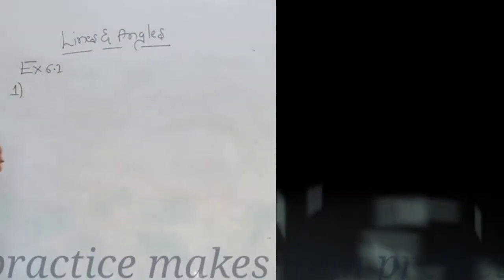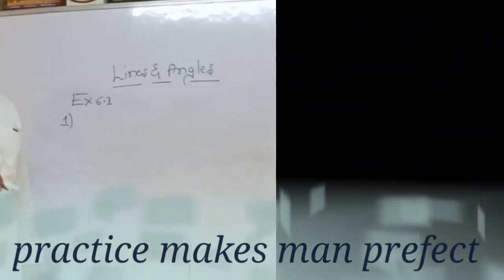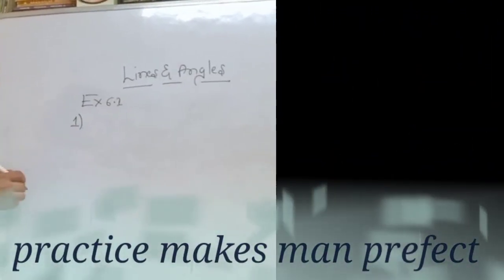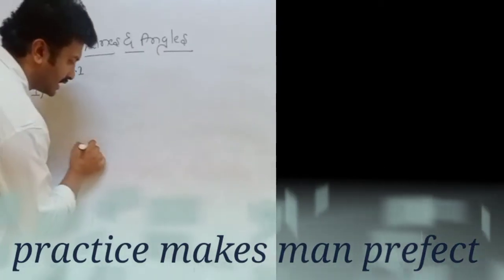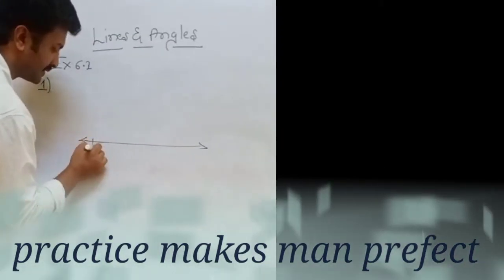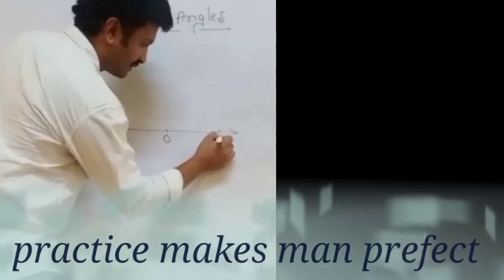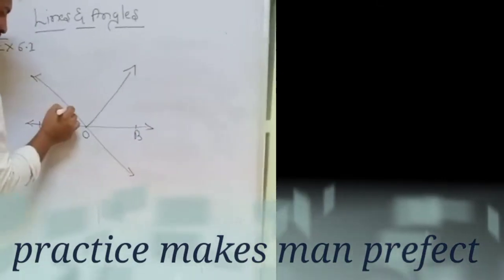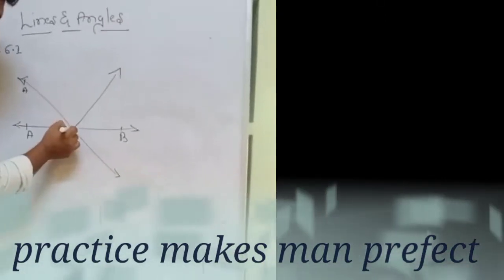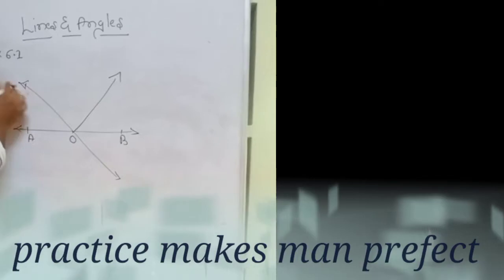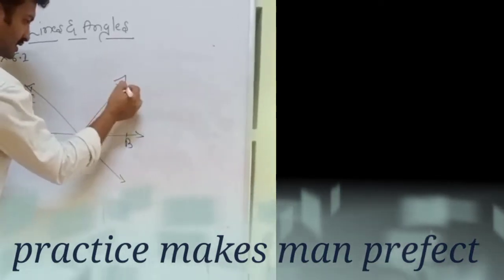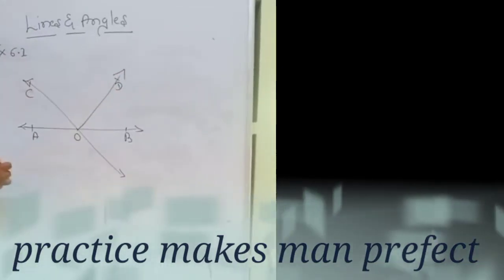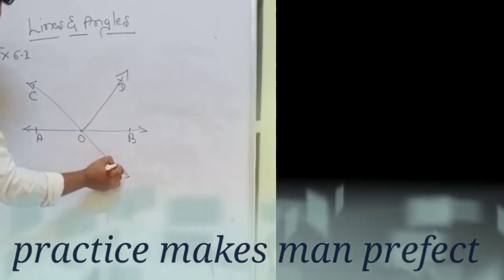Okay, today we will solve some exercise problems of 6.1 of your lesson lines and angles. Here is the first question. This is AOB, a straight angle, and it is divided by CD. This one is AO, this is C, and this is D. And what we have to find out is